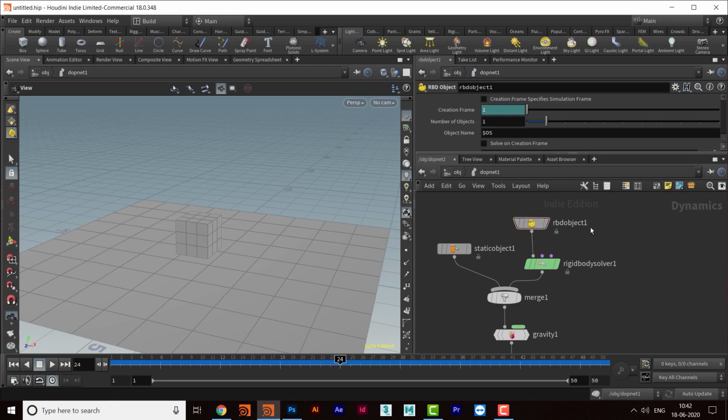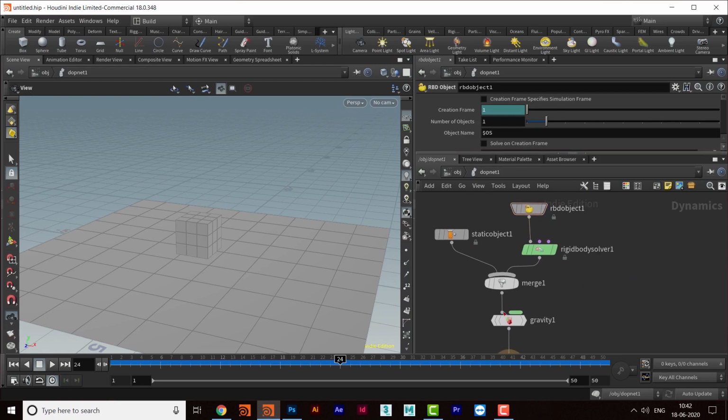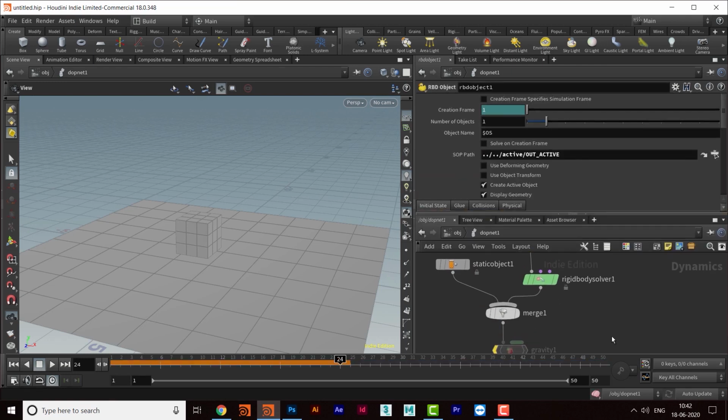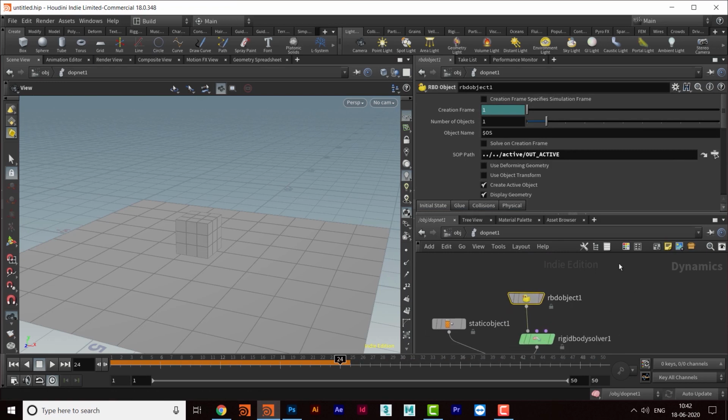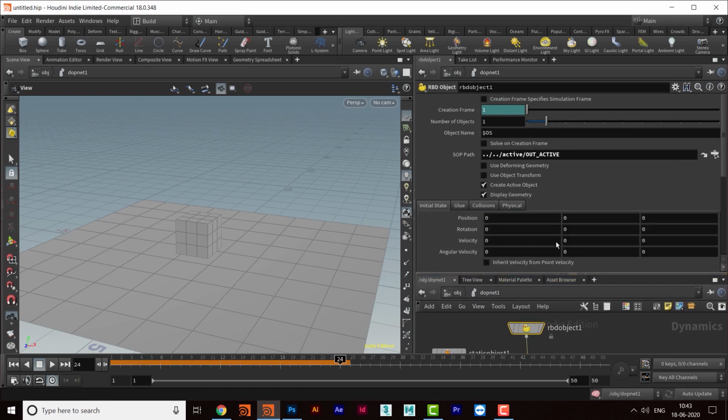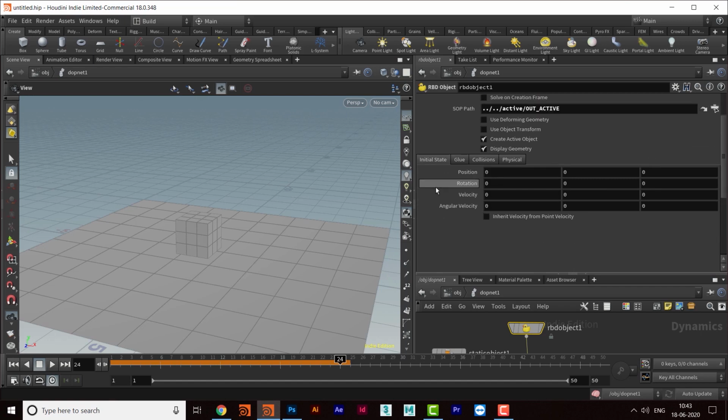So for now, how can we see that this is an external force? I will switch it off. Can we do something here? I'll go to this RBD object and see what we have here. Here we are given an initial state. Can we take the help of this initial state? I will give it some sort of velocity here, say 5. Then we'll see whether this works even when the external force is off. So just play it, and now we can check it.